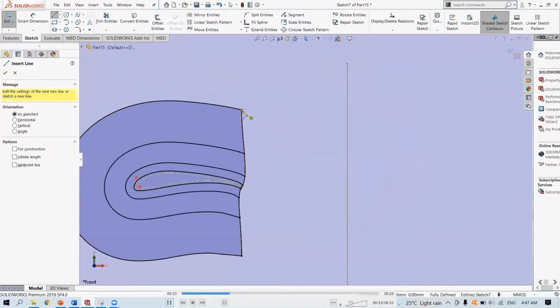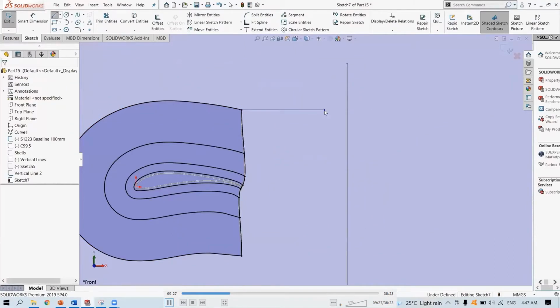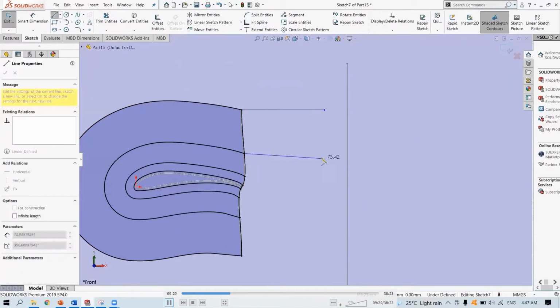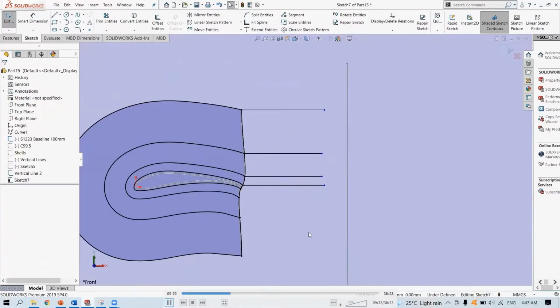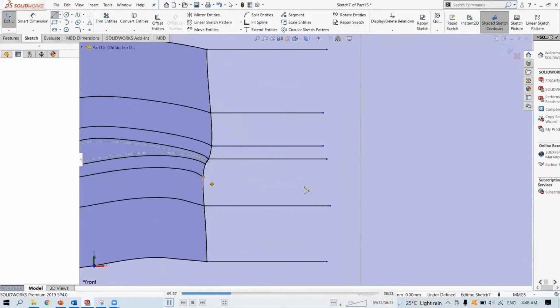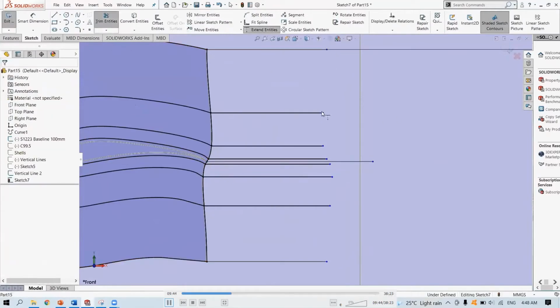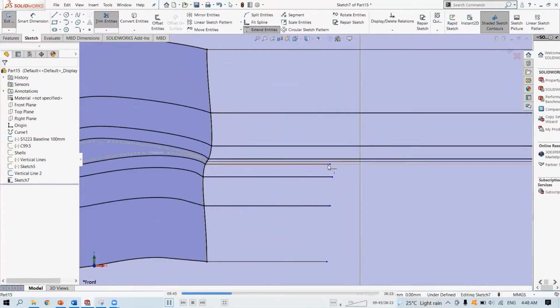Now I want to draw a straight horizontal line that will extend all the way to the, what do you call this, outlet. But I'm just going to do it like this, and then we'll extend it afterwards. Just extend, just like so.